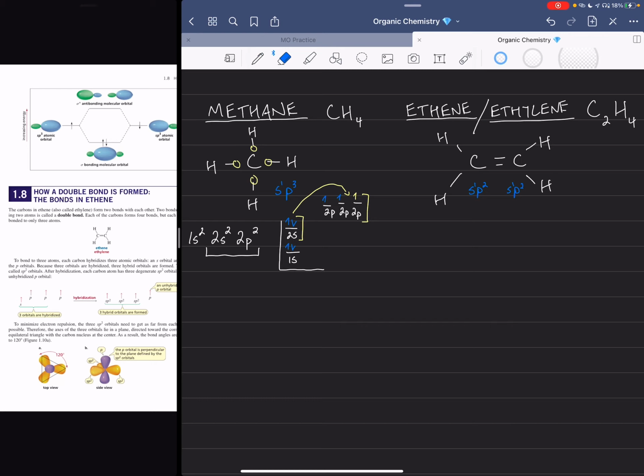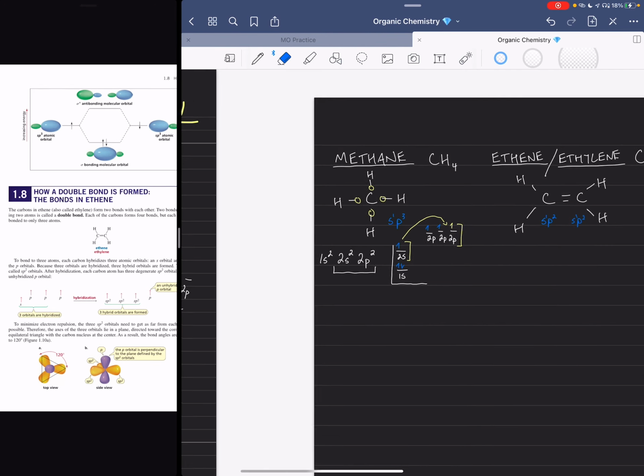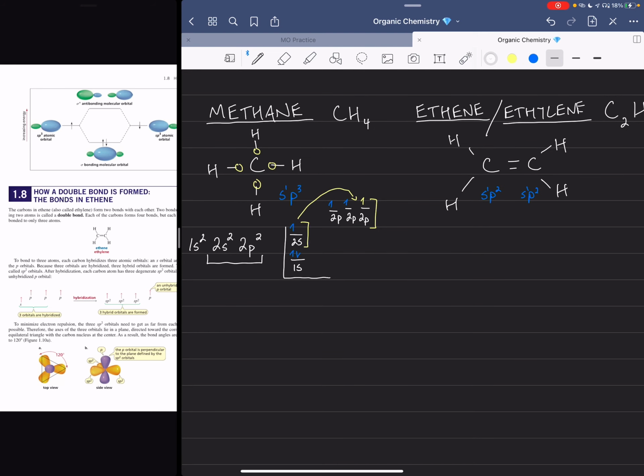So we'll take one away from there. But what is going to happen? What is going to happen is that we're going to create a 2p and sp3 hybridized orbital. But what will happen is that it's going to sit